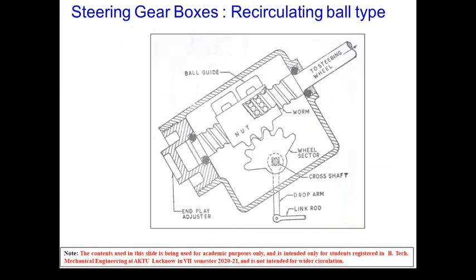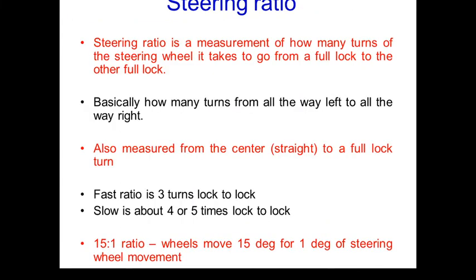So we can also see from this image the recirculating ball type of steering system. These are the housing in which the recirculating balls are fitted, and as I have told you, the ball guide. These are in motion, so they will move and come through this ball guide, and then will again enter this. So this simplifies the movement and reduces the friction to a greater extent. These may be used commonly in many vehicles.